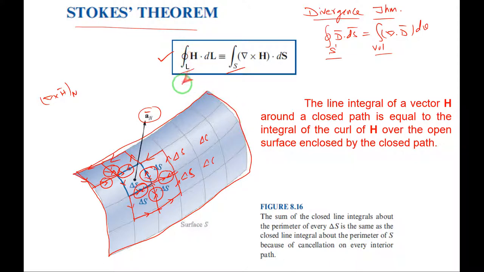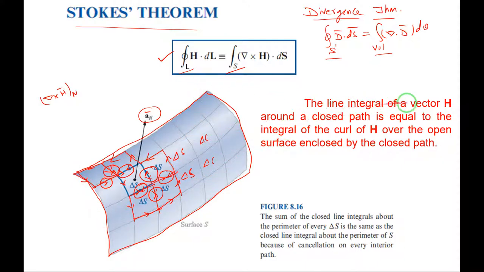Let me integrate the magnetic field intensity H over this closed line, closed path or perimeter of the open surface. Yes. So closed line integral of H dot dl is equal to the surface integral of del cross H dot ds. Instead of finding the effect of the curl over the smaller surfaces, it is better to integrate the magnetic field intensity around the closed path of the open surface. The same thing. I hope now you understood this, right?